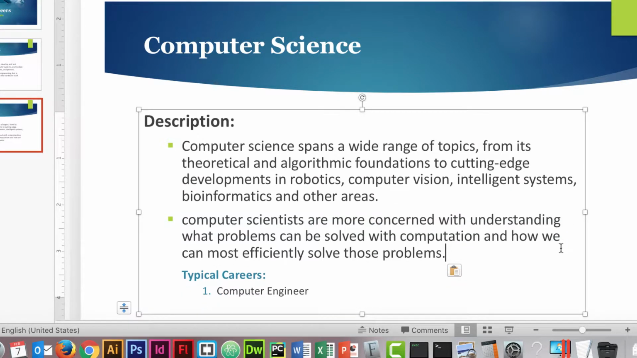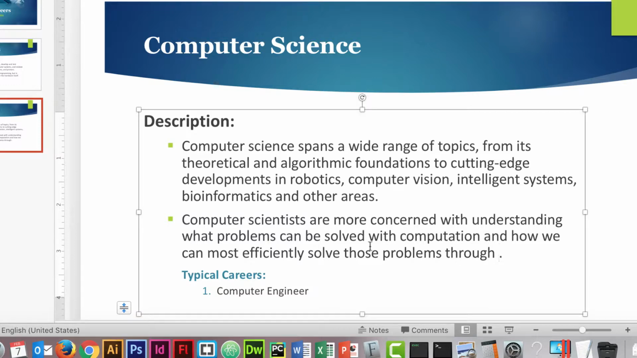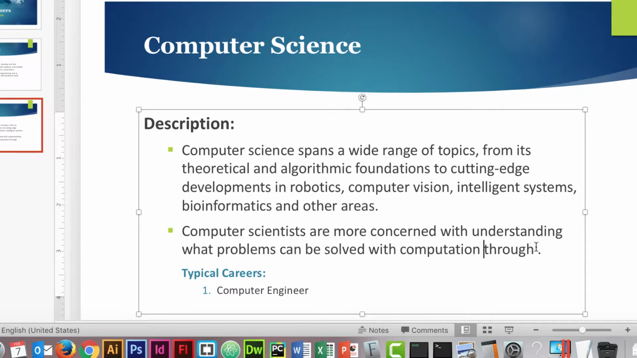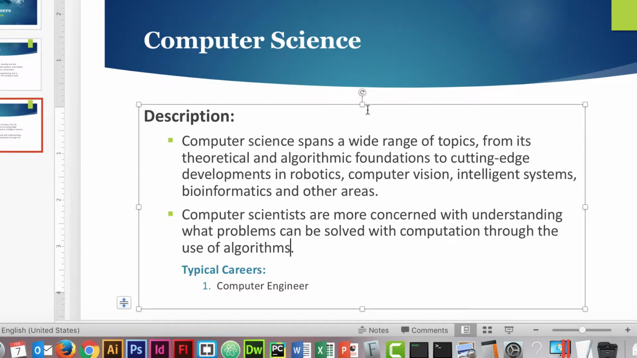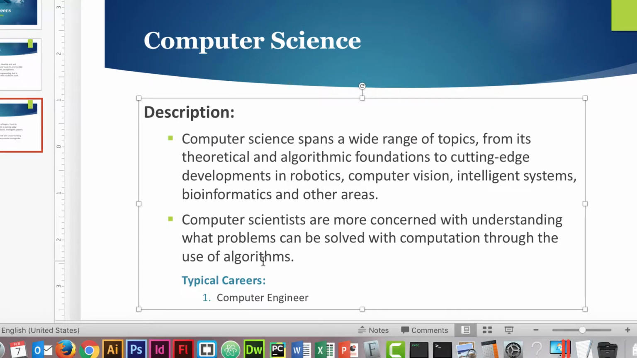and I'll paste it. I guess I'll leave it. Sorry, computer scientists are more concerned with, and I'll just put through algorithms, because they kind of use concerned with understanding what problems can be solved. And maybe I won't worry about efficiency. I'll just put through the use of algorithms, because they mention that in, hopefully I have that spelled right. And that kind of gets to the point, and that's all I want to do, is just get to the point a little bit. And if I'm running, I could bring it up a little bit,